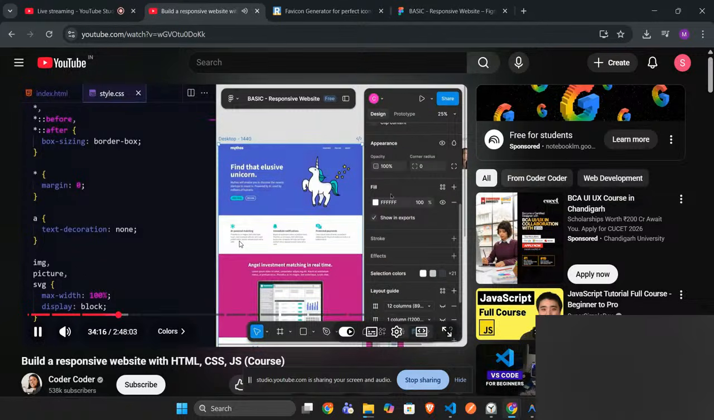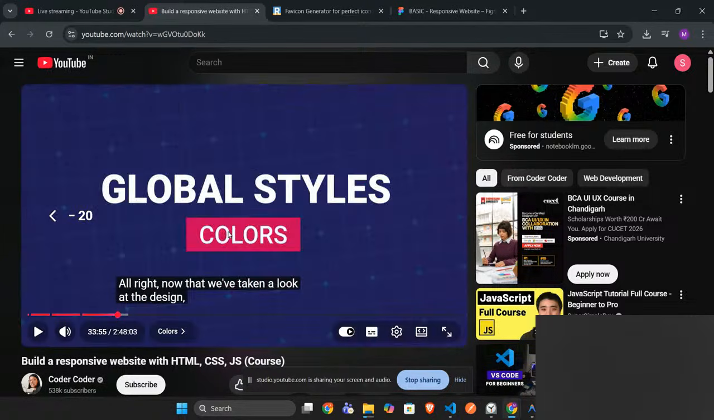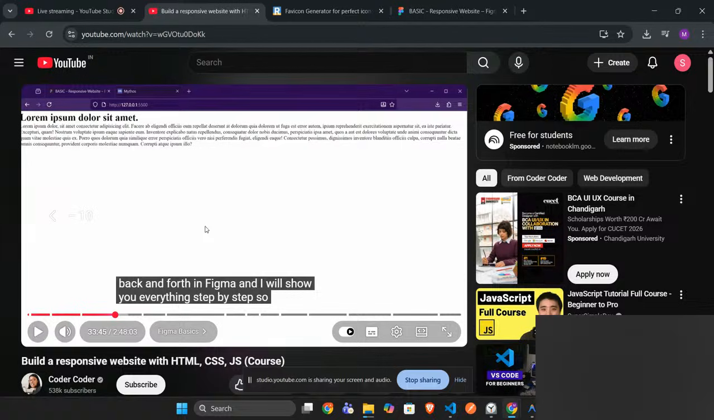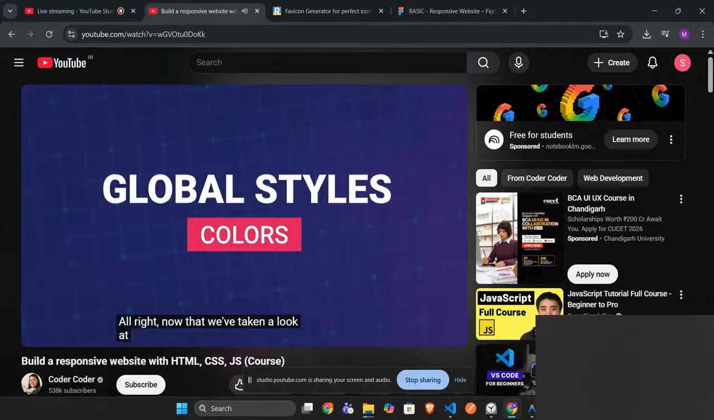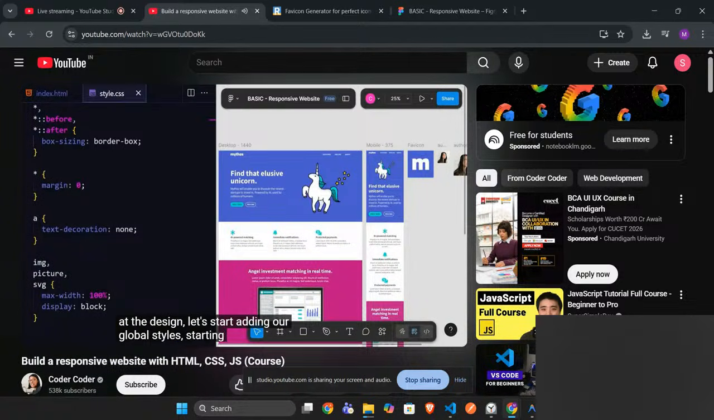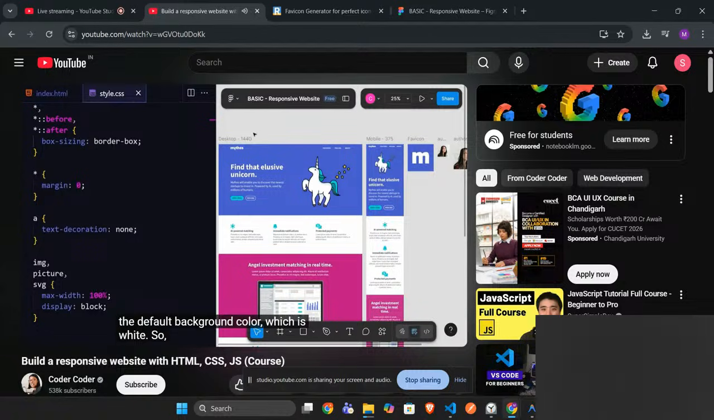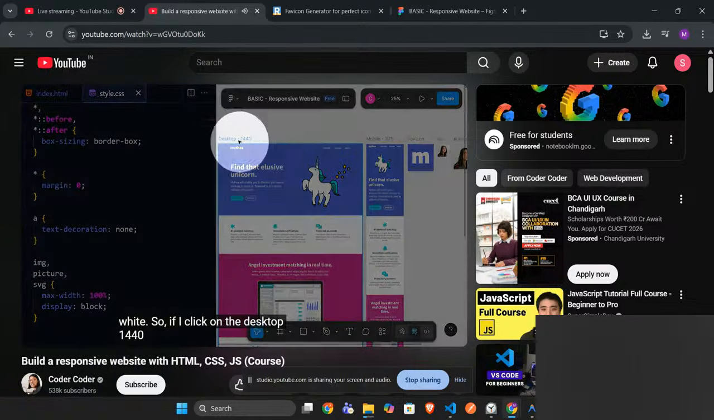It tells us that the fill for the entire frame, which is basically the background color, is white, which in hex code is FFF. All right, now that we've taken a look at the design, let's start adding our global styles, starting with colors. So I'm going to go through the design and save all the colors as CSS custom properties. So let's start by getting the default background color, which is white. So if I click on the desktop 1440 frame, in the right sidebar,